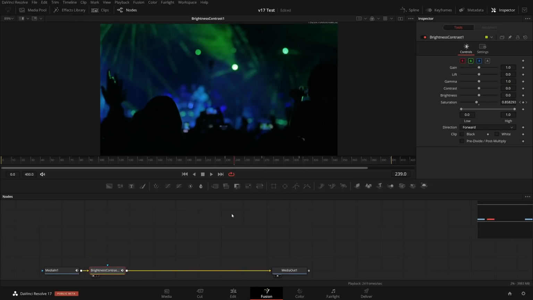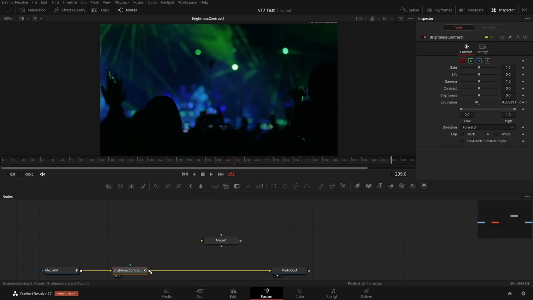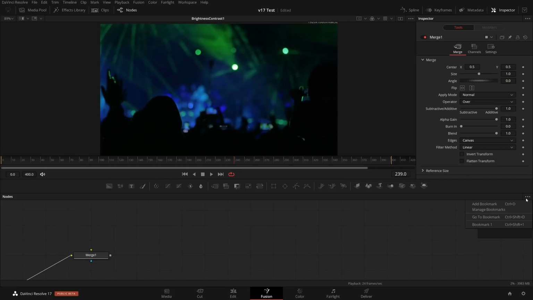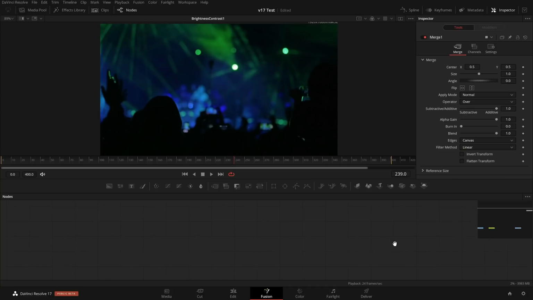And if your flow becomes a huge monster, which it can sometimes get, let me just make this a bit bigger, and I set a bookmark here, add bookmark, and all these bookmarks do is control your navigation. So when you're somewhere lost, you can then go back to your bookmark, and the flow moves back to the area that you have bookmarked. Underlays are being bookmarked by default, so if you're using underlays, that will navigate you very quickly.